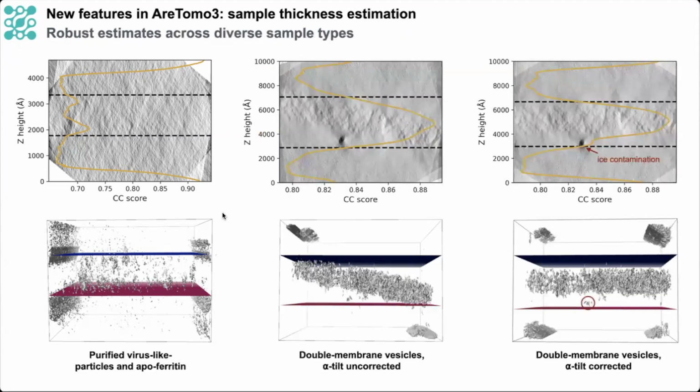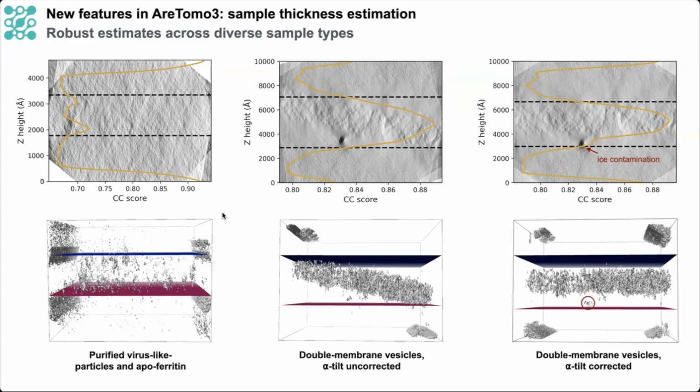We found that this approach generalizes well to diverse sample types, but one caveat is that it assumes that the sample is leveled within the tomogram. In this middle panel here, for instance, we see that while the boundaries are correctly detected, there will still be a lot of vacuum in the reconstruction due to the large alpha tilt, which is a characteristic feature of lamella samples like the one shown here. Artomo 3 automatically accounts for the alpha tilt offset during the alignment process and can optionally correct for it during the reconstruction as well, as shown in this panel on the right.